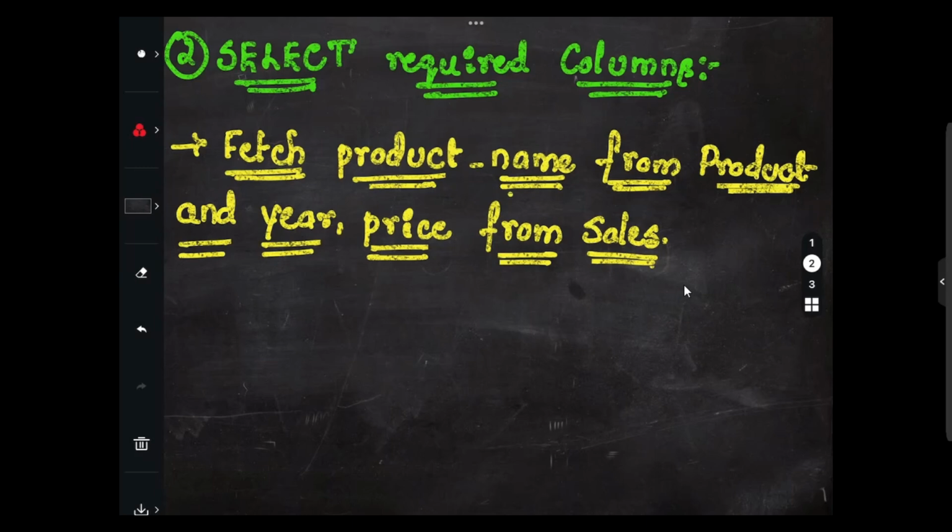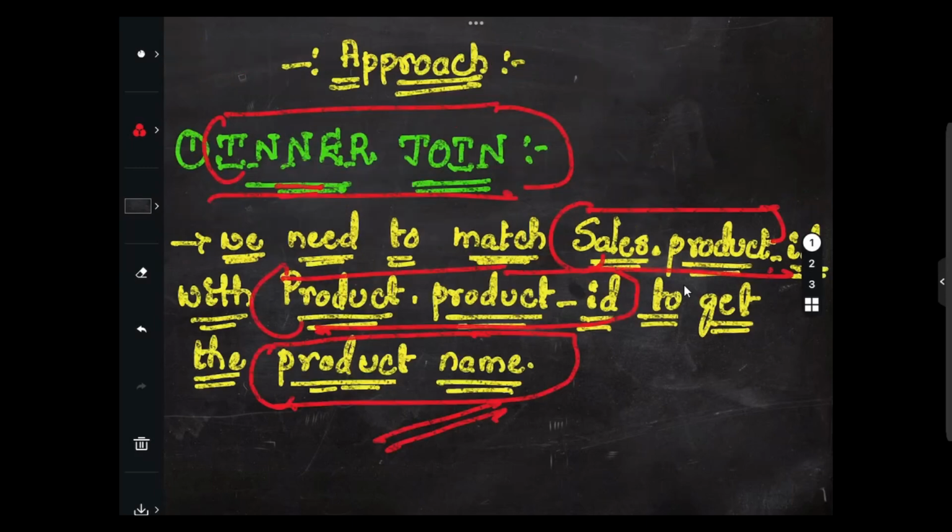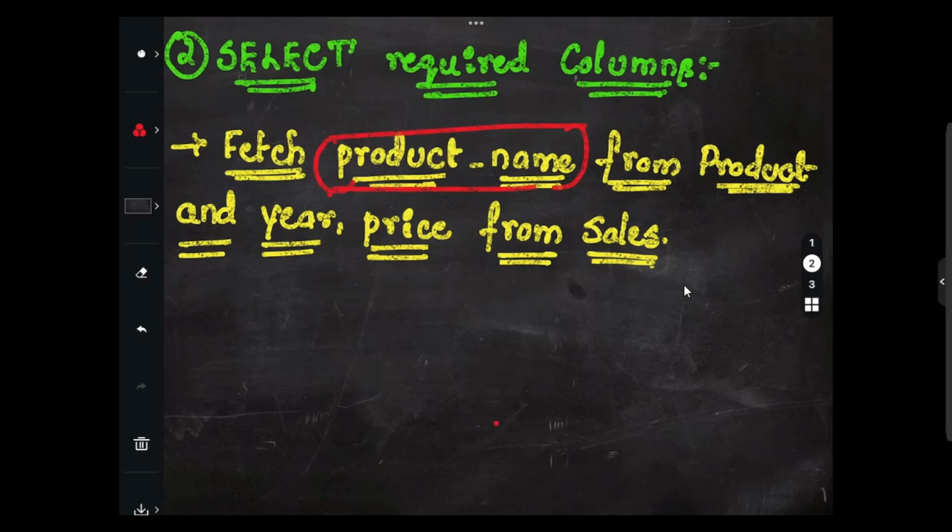We'll be making use of select for the required columns. So we have to fetch the product name, right? In the previous step itself, to get the product name, we are making use of the inner join. Basically, we need to match sales dot product ID with the product dot product ID. So to get the product name itself, we will fetch the product name from the product and from the